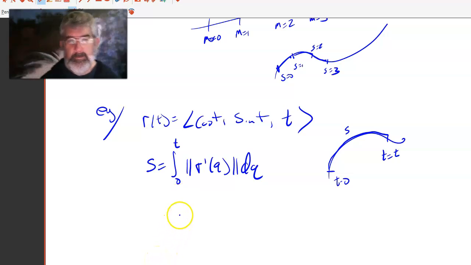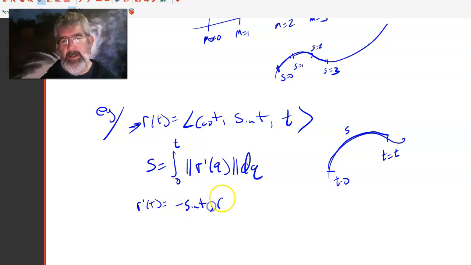So in this case right here, for this one, r prime of t is minus sine t, cos t, 1. And if I do the integral,